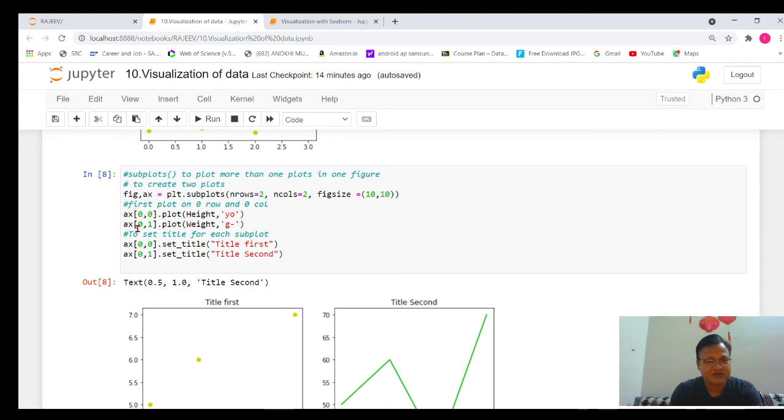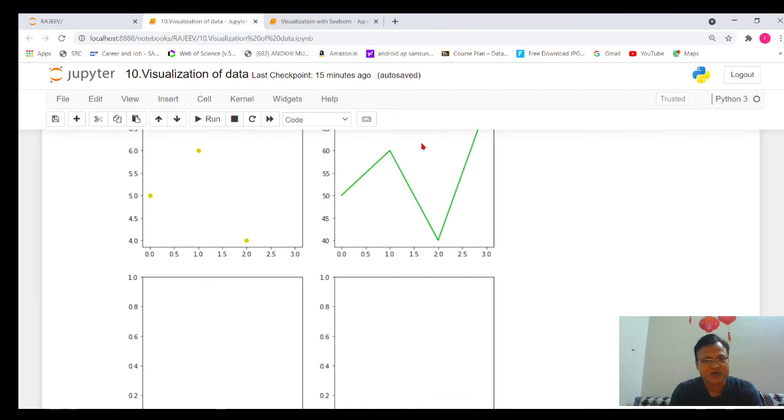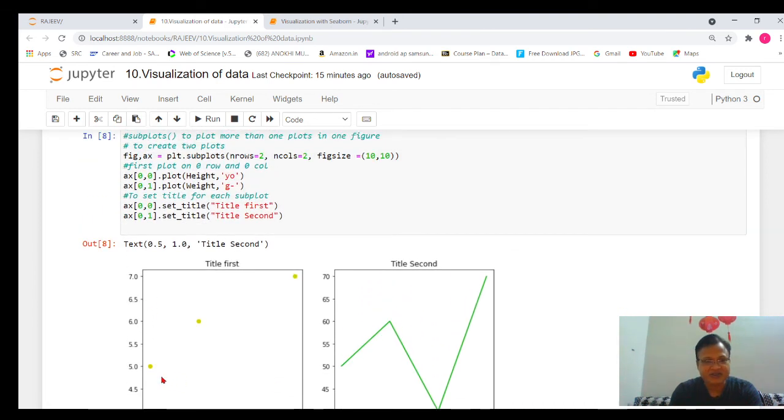Similarly, 0th row, first column: this is the 0th row, this is the first row, this is the 0th column, this is the first column. So this will be indicating the 0th row and first column.